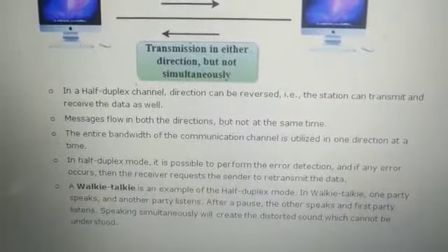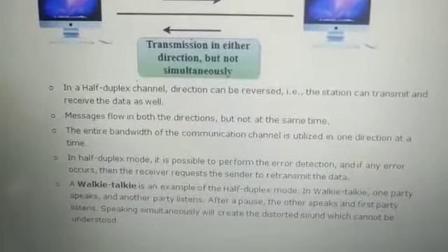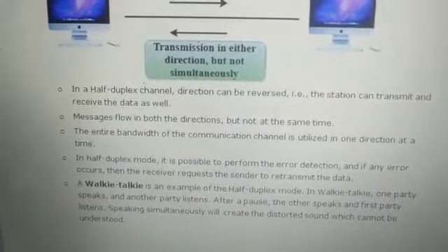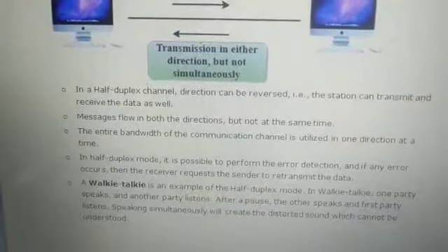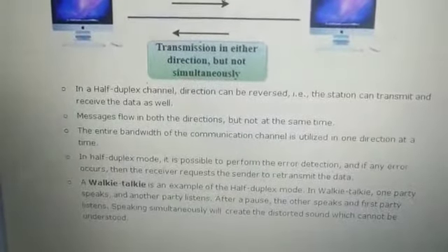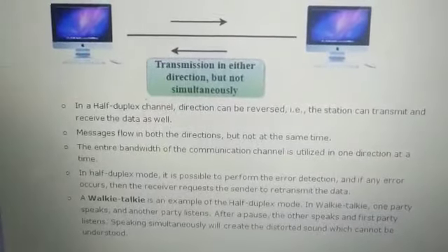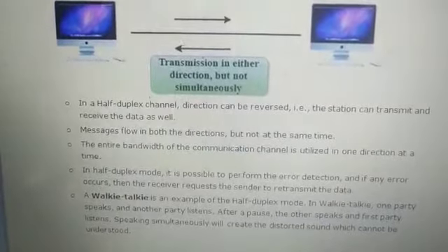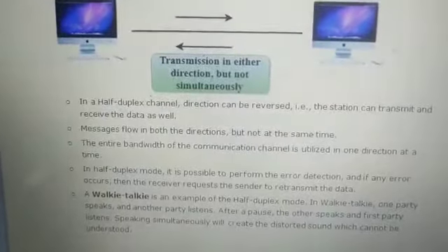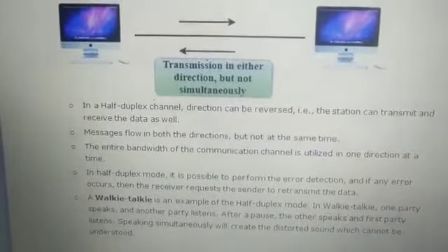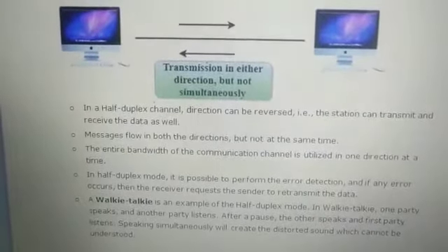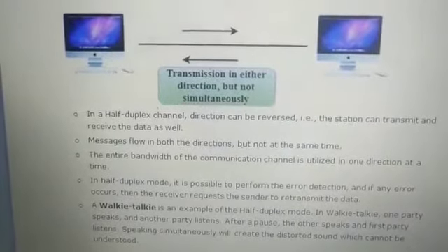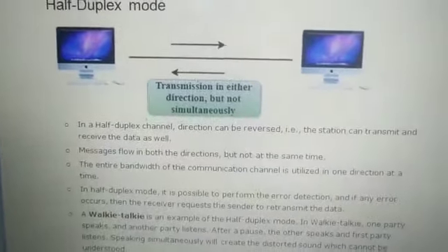Okay, so in case of the half duplex method, what will happen? We can possibly detect the error. Why possibly detect the error? Suppose the sender is sending information to the receiver and any packet or piece of information is missing. Then the receiver will send an acknowledgement asking to please retransmit this information because it is missing. This kind of acknowledgement from the receiver end can also be transmitted to the sender, because both way communication is possible. So it is actually beneficial.